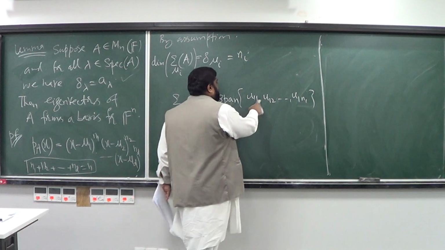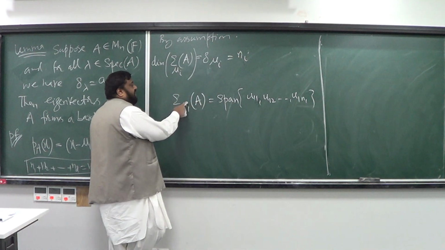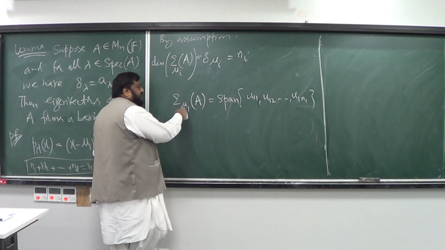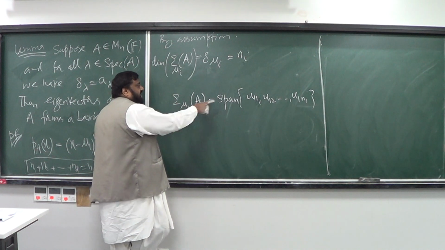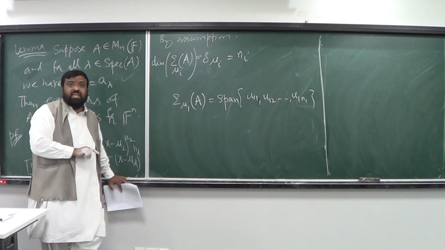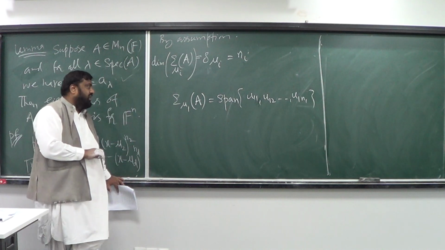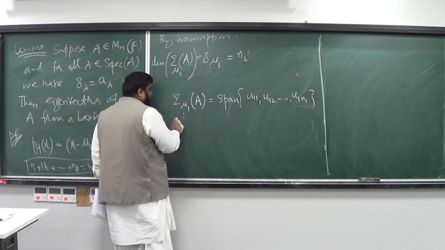Okay, so this first index 1 is the reference. So these are the linearly independent eigenvectors associated with mu1. Okay, and similarly